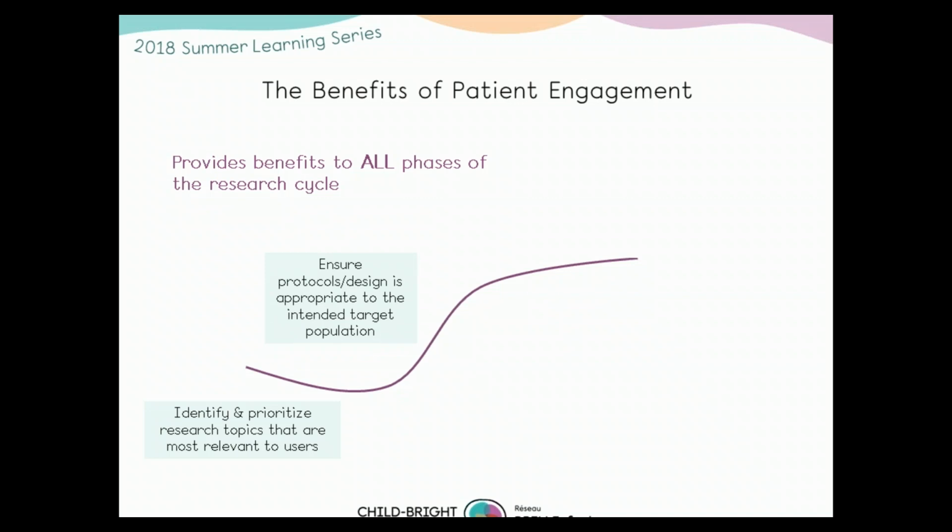At the study's design phase, a benefit of patient engagement is ensuring that your protocols, the design of your questionnaires, and your outreach efforts are appropriate to an intended target population. When it comes to promoting or communicating the work of the research, patient involvement can help adapt scientific language or jargon to be more accessible and